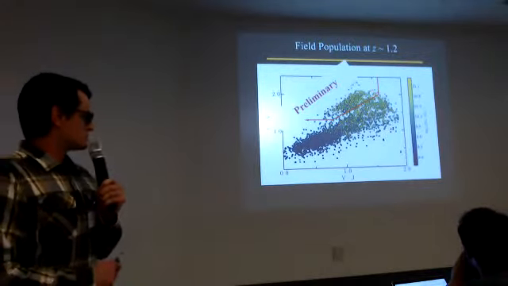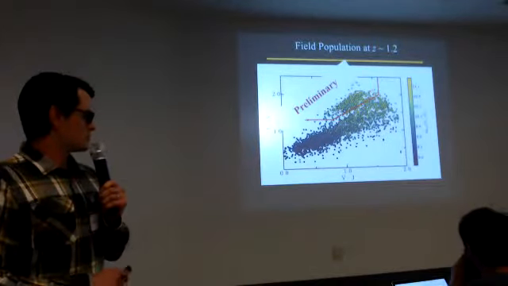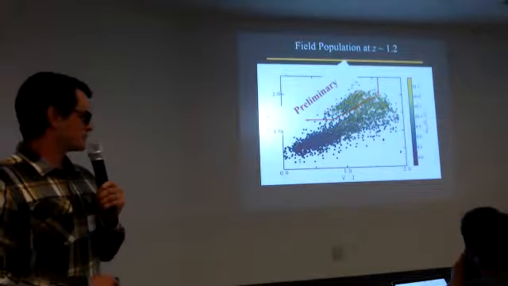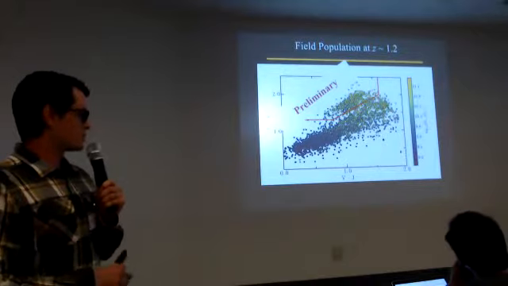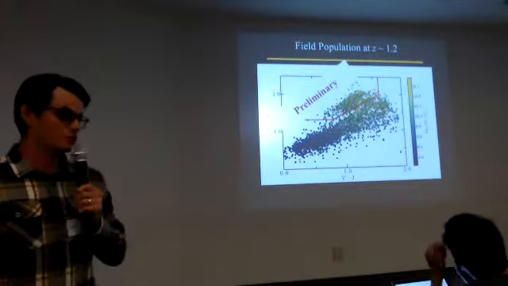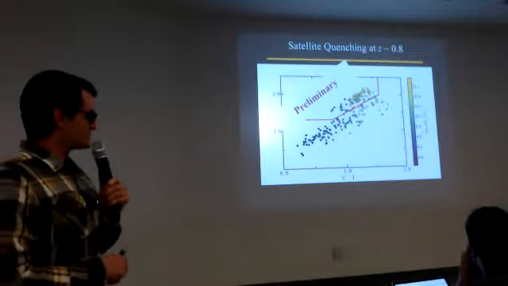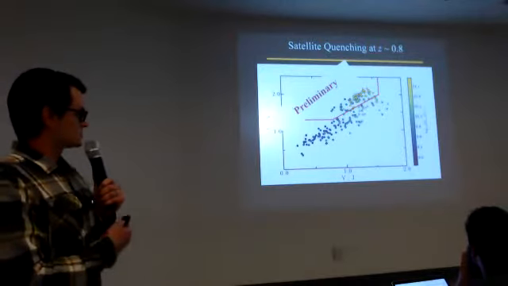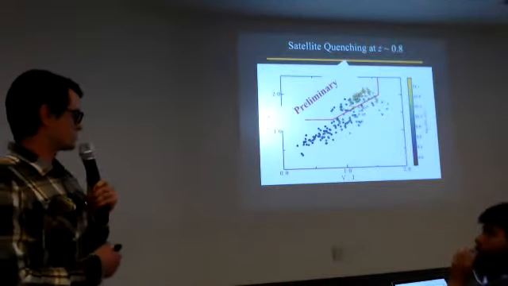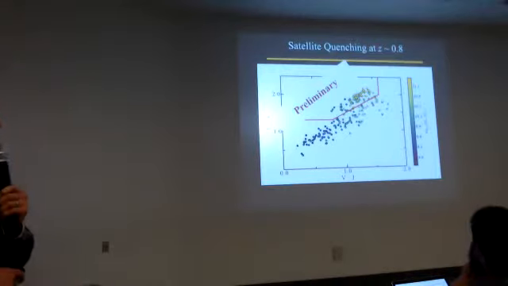And so this is just a standard UVJ diagram colored by stellar mass, for what I am adopting as the field population. And so from this, we can get the field quench fraction. And there are quite a few less, but these are confirmed member satellites of the groups that we're targeting around redshift 1.